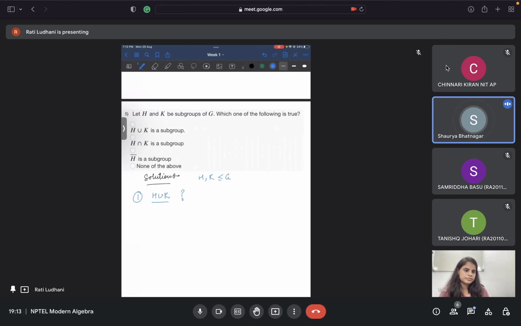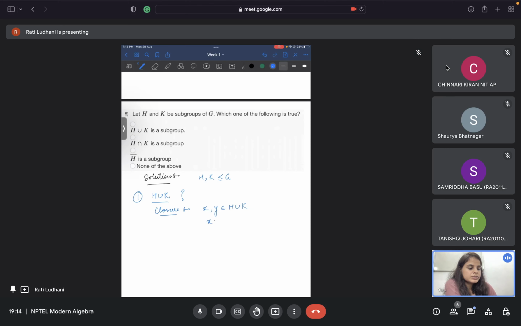Yeah, Shaurya. Why is H union K equal? Let's not go in that direction. Just consider any H and K and tell me where it will be a problem. For example, let's try to prove it is a group. If there is a problem, we will get into trouble in the process. So let's check the closure property. If you take x and y in H union K,